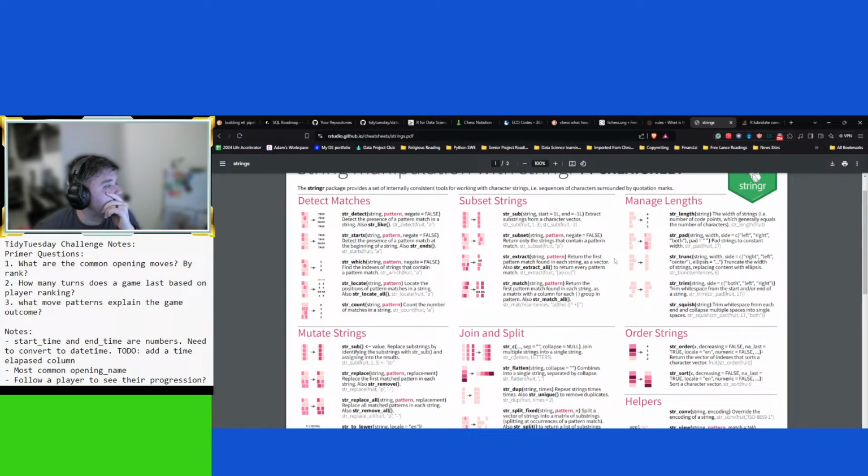Pattern. Return the first pattern. Let's see.